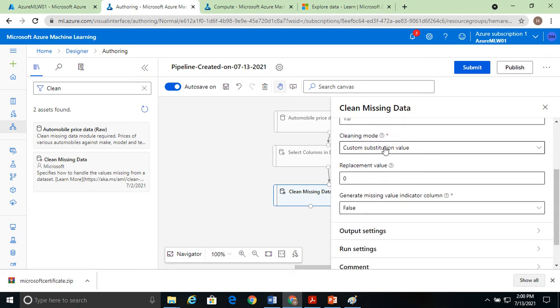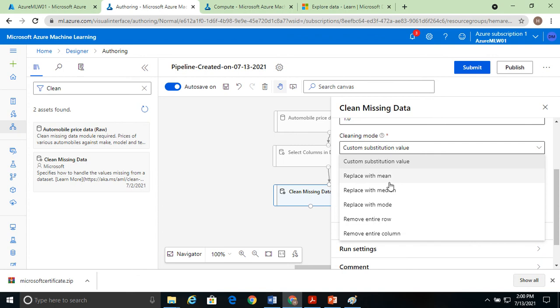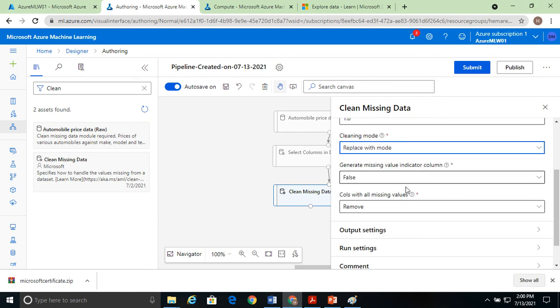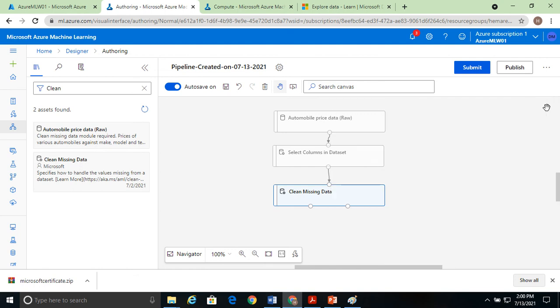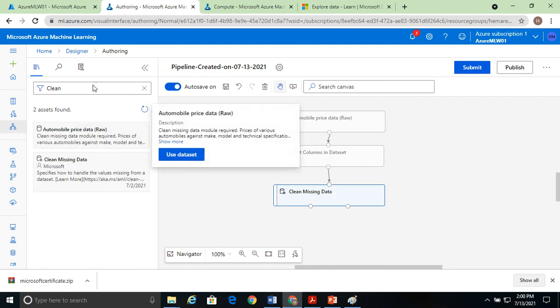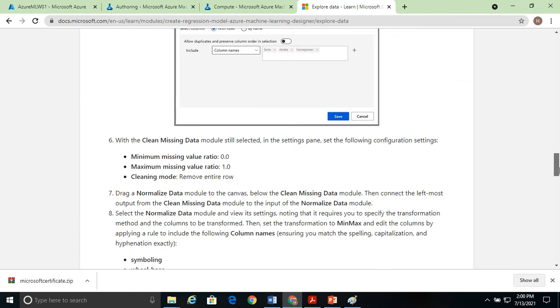Suppose I want to replace a missing value with mean or median or mode, whatever you want. Okay, so you can replace a missing value with the mode. So once you finish cleaning missing data, you can see the next module,